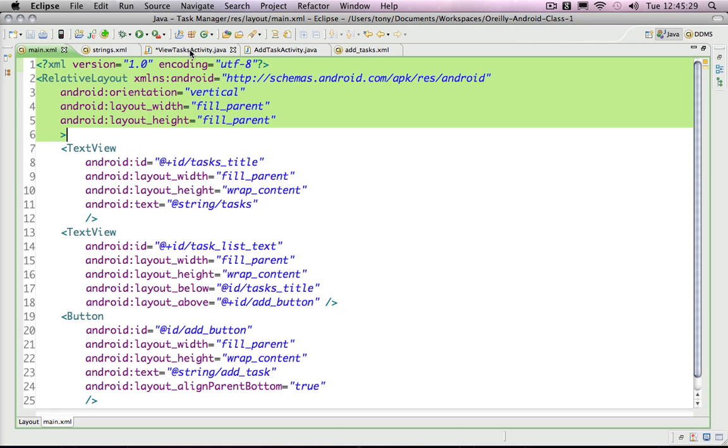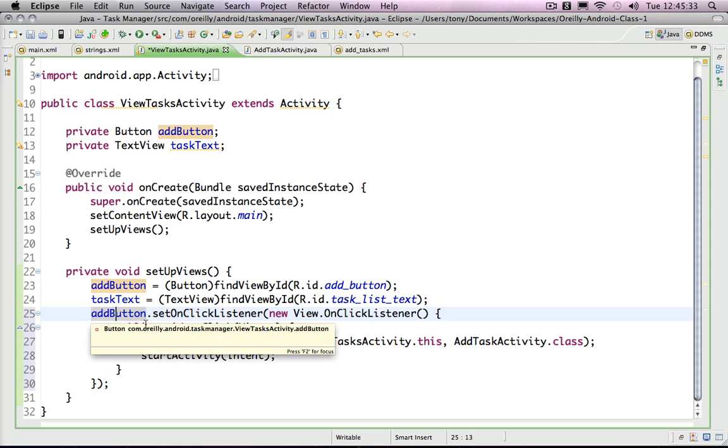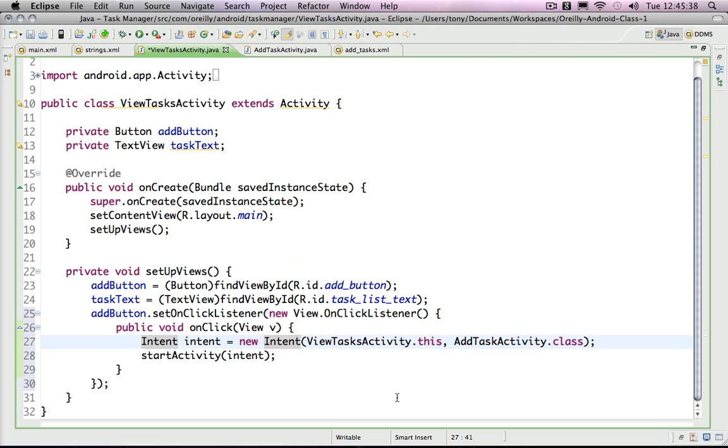So back here in the activity, I've set up a click listener on the add button, which starts a new intent, just like we looked at last week. Intents of this type allow you to go from a certain context. In this case, the context is this instance of the view task activity, and then I want to go to the add task activity. But since that wasn't created yet, I'm just showing you a bit of a workflow